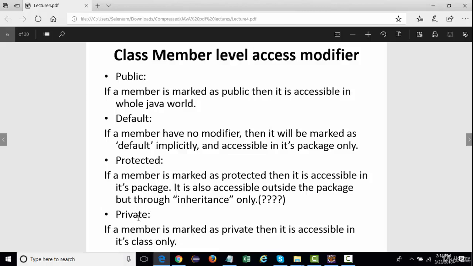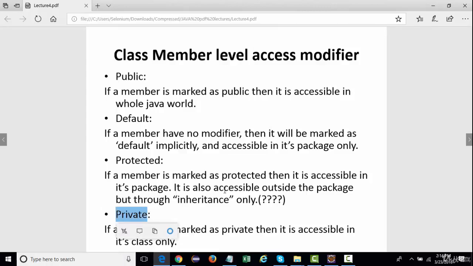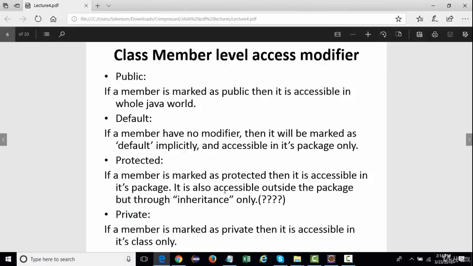So let's talk about the private access modifier first. If a member is marked as private, then it is accessible only in that particular class itself, right? Not outside the class. Similarly, if you make a member, a data member or a method, without any modifier, then it will be implicitly marked as default.